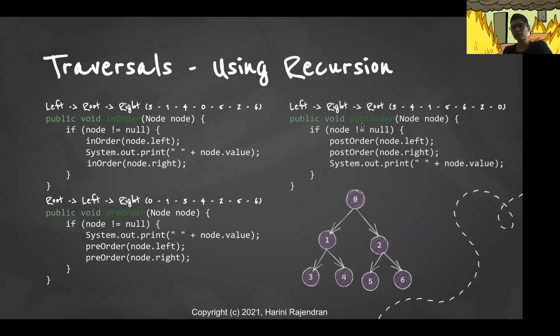And then this is the recursive implementation of post-order traversal, where we first recursively process the left subtree, recursively process the right subtree, and then finally process the root. If we run post-order traversal on this particular tree, this would be the output. So these are the code examples for the different types of traversals in a recursive fashion.